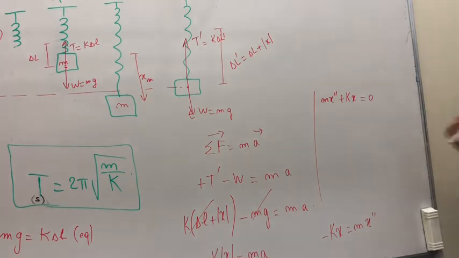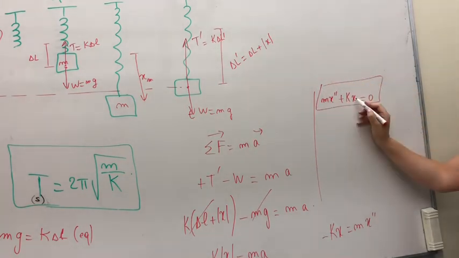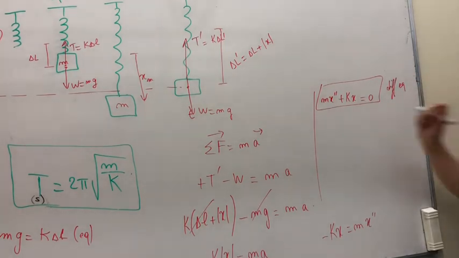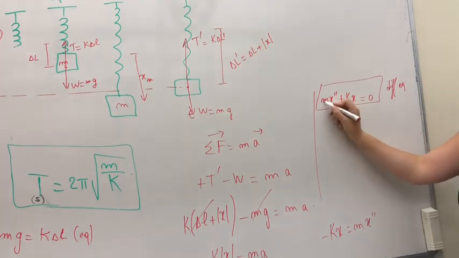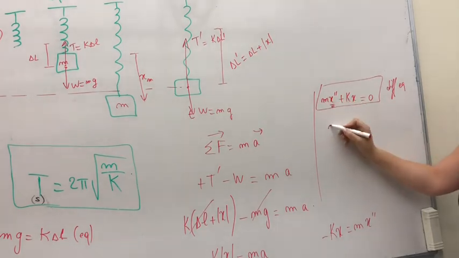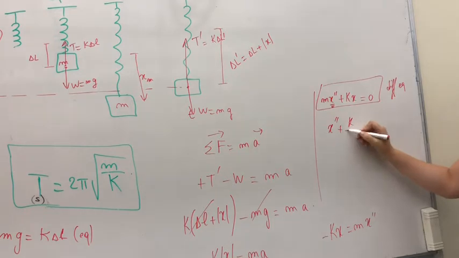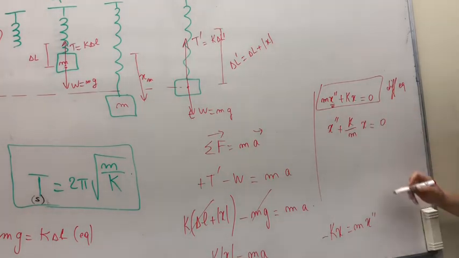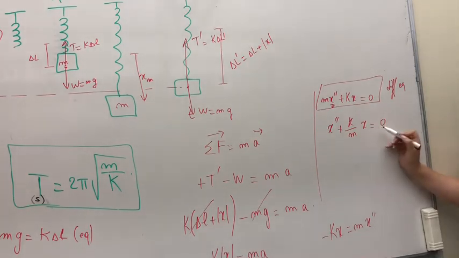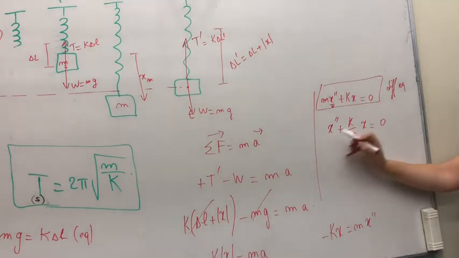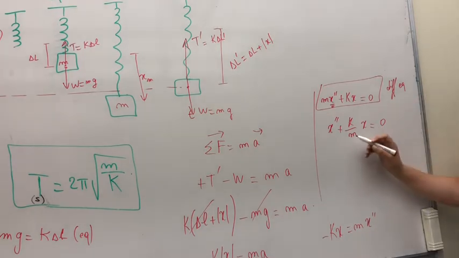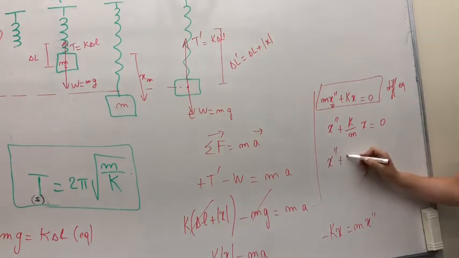In math it is called a differential equation. When I have a variable and its derivative in the same equation, it is called a differential equation. We always take the highest derivative with nothing in front of it, so we divide everything by m, which gives this. 0 over m is 0. Actually, when you see this differential equation, a second derivative with x equals 0, okay, it's very well known in mathematics like this,